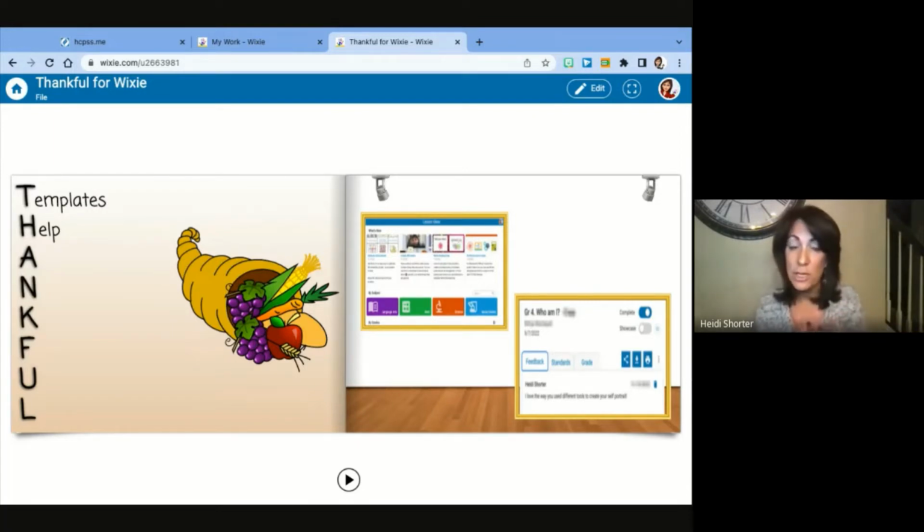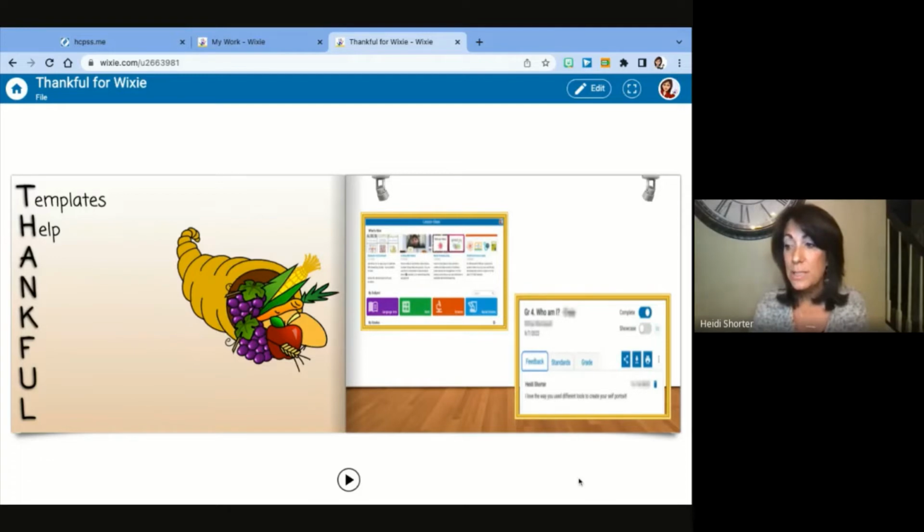And then also it's such a help too, to be able to give feedback to students right in Wixie. So here's just a little screenshot, and I know it's a little tiny bit blurry, but it's a way that you can give students feedback right in Wixie. You can comment on their stuff. They get a little notification when they log back in that the teacher has commented. You can even add rubrics and go over the rubrics with the students so they know what you're looking for, so they can see what they need to do. It's just so helpful. It's such a great teacher tool to be able to use because of all of these ways that they add these things in Wixie to make our lives as busy teachers just so much easier.